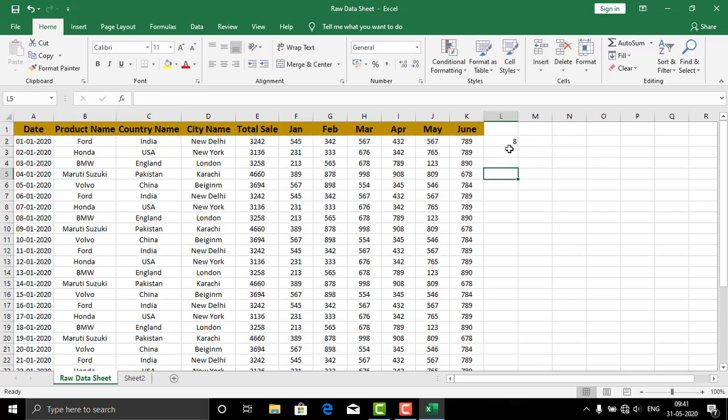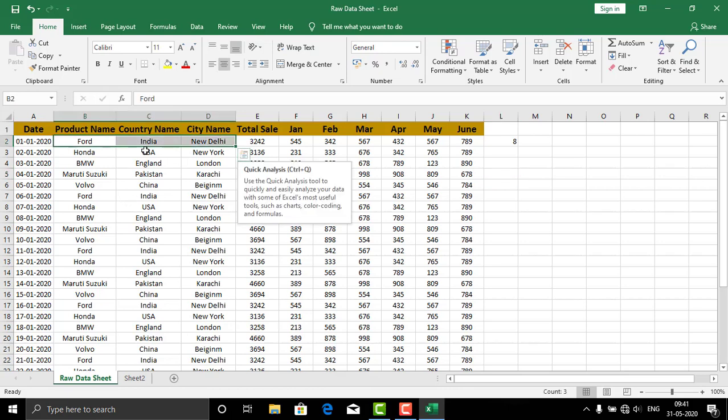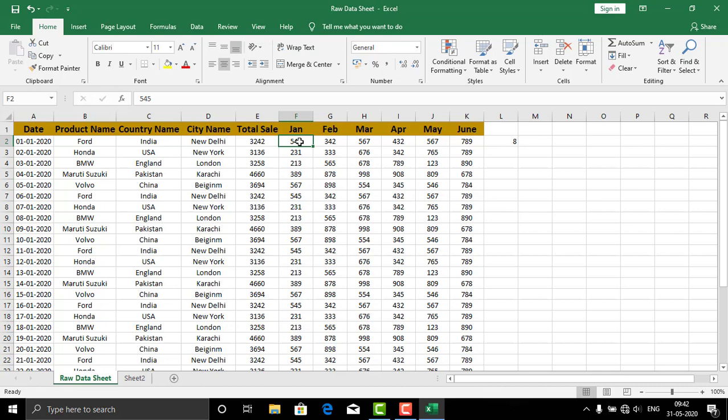Now it says 8 cells in the range contain numbers: 1, 2, 3, 4, 5, 6, 7 and 8. A date is also a number, and these 3 are text, so they are not shown in this count. If I make this an A, it turns into 7. Pressing Ctrl Z to go back, now you know how to use the COUNT formula.